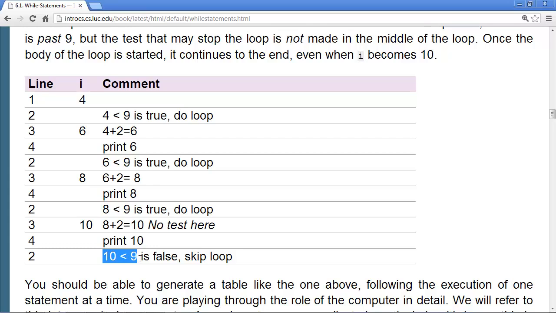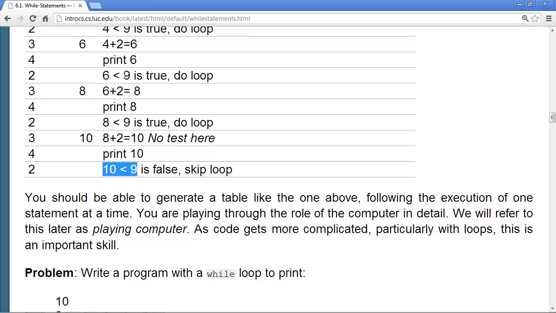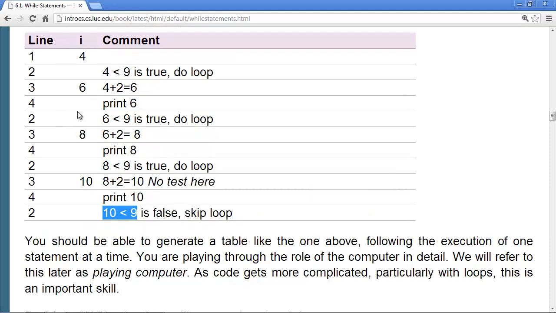And done with our little fragment. You should be able to generate such a table to demonstrate your understanding, particularly of loops. That's the most common thing where the order of the text is not the order of execution, and you really need to keep track of it with these repeating line numbers because you loop back to the same line over and over.